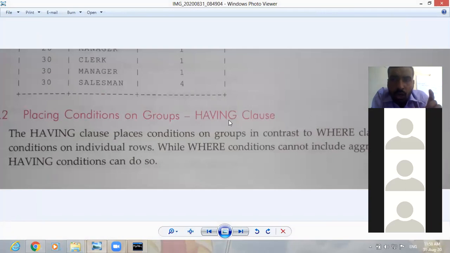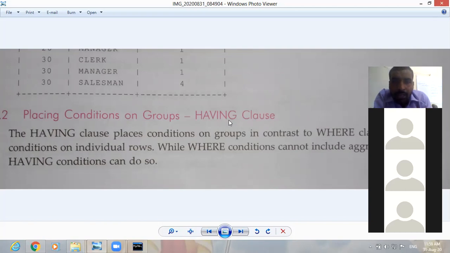Okay. You all know the where clause? Where condition. Previously we had applied the where condition in the table. We put the condition to filter the record. Means what records we want, that much only we can find out with the help of where clause or with the help of where condition.